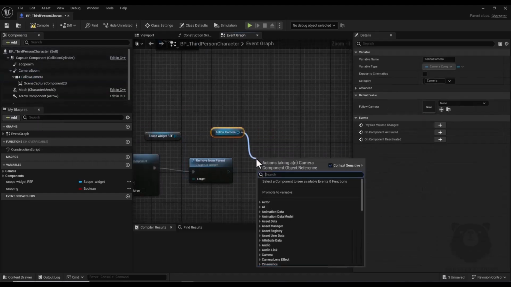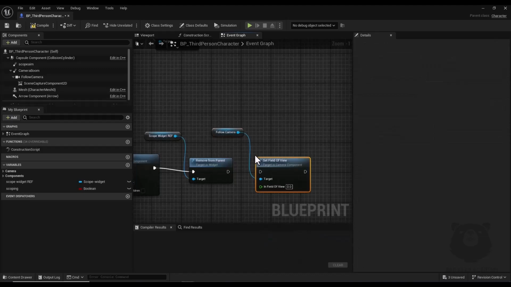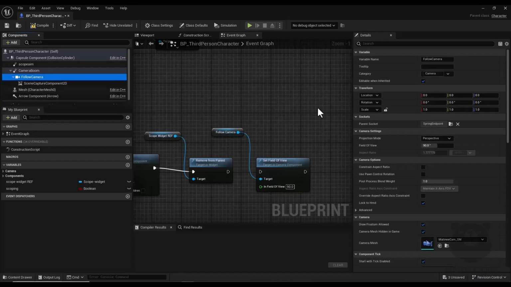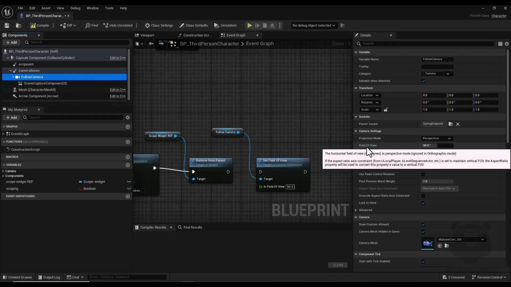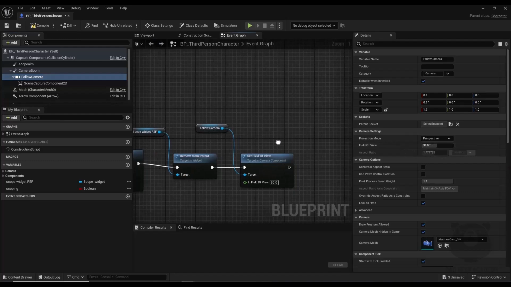I drag a node and search for set field of view, and I set it to 90, which is the default value of this. Here if I select this follow camera component, as you can see default value of my field of view is 90. Alright,